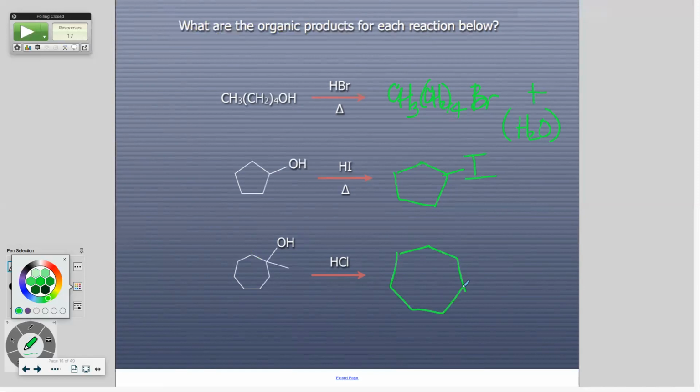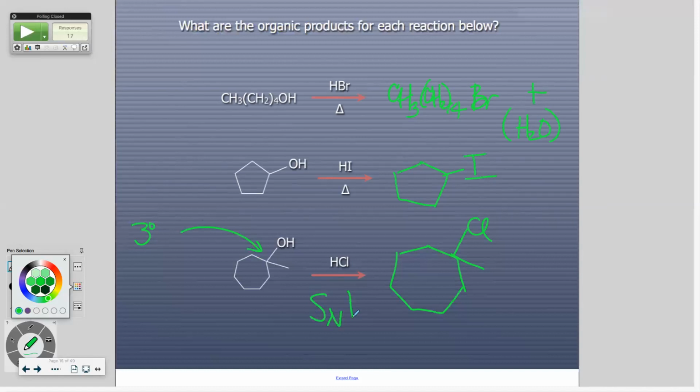So what do we have? The Cl where the OH was. Is that an SN2 mechanism? What kind of alcohol is this? Secondary? Yeah. So what happens first? The OH gets protonated. Then what happens? Does the chloride come in and take out the OH? No, because it's too hindered. So what do we make? A carbocation. What kind of mechanism is this one?